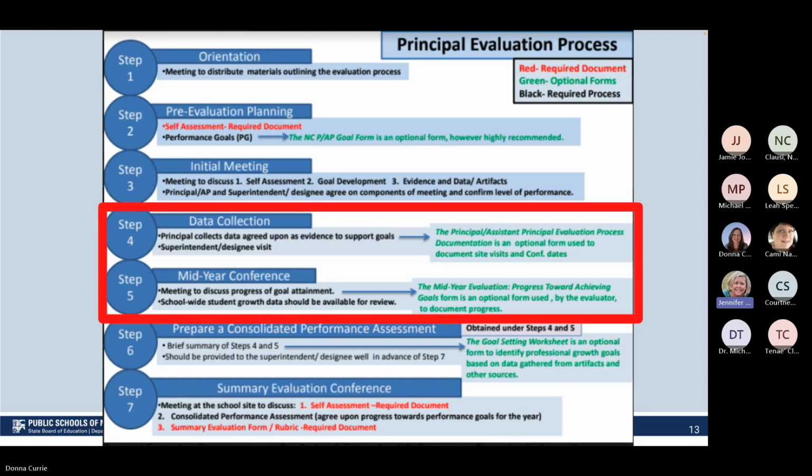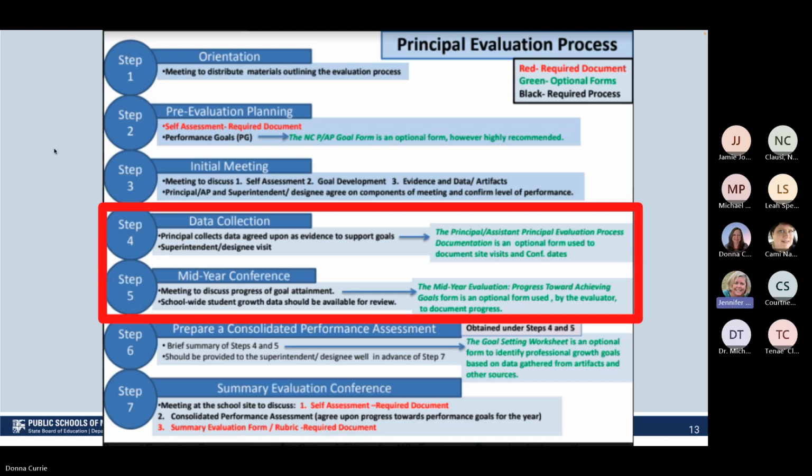middle of the year. Now, as a review, we want you to remember that you will meet with your principal, or if you're an assistant principal or superintendent, you are going to meet with whoever is your supervisor. You're going to meet on 3 different occasions to complete your evaluation throughout the year: the initial meeting at the beginning of the year, the mid-year conference, and the summary evaluation conference, which happens at the end of the year.